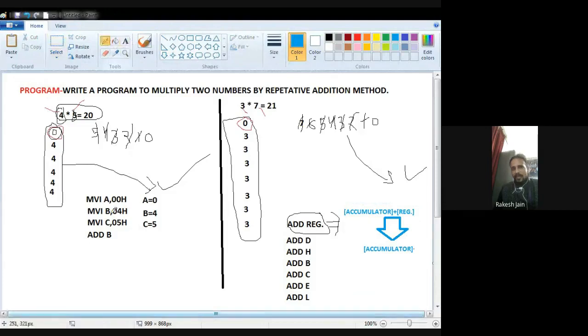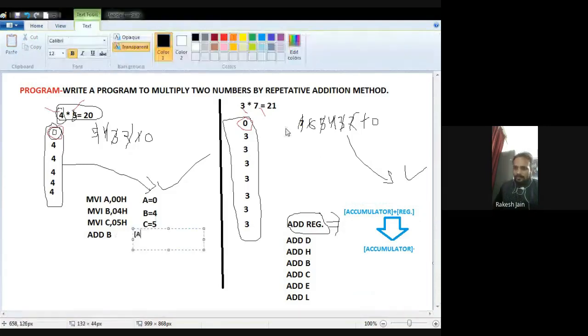Accumulator means A, and register means any register you write. So comparing this with the instruction ADD B: what is the meaning of ADD B? The content of register A, the accumulator, will be added with the content of register B, and the result will be stored in register A.